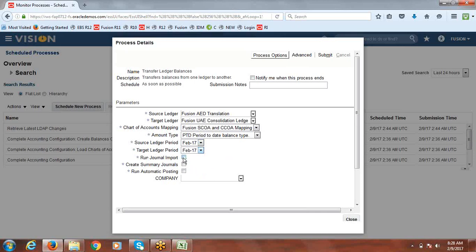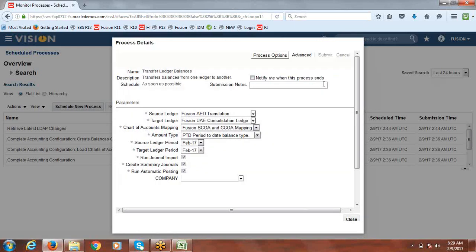Run journal import in the consolidation ledger, yes. Create summary journals, set yes. Run automatic posting also. If you want to do this for a specific balancing segment value, you may select here, but it's not mandatory. If you don't select, it will run for everything. Submit.